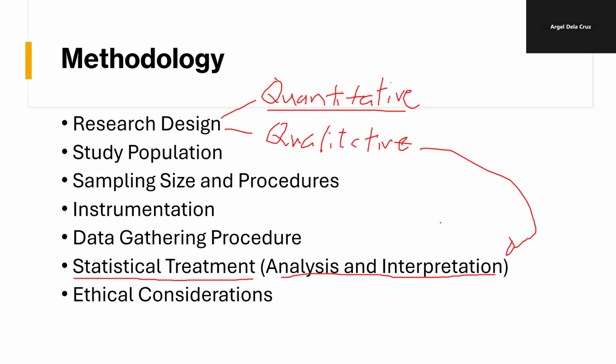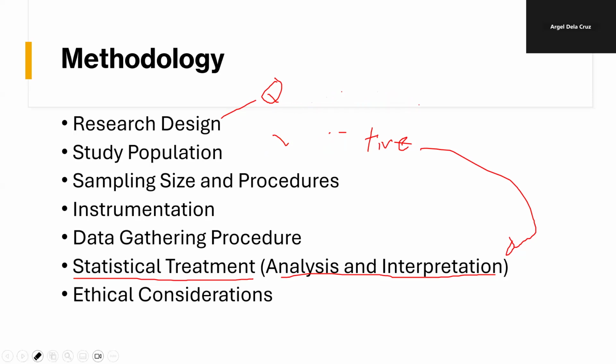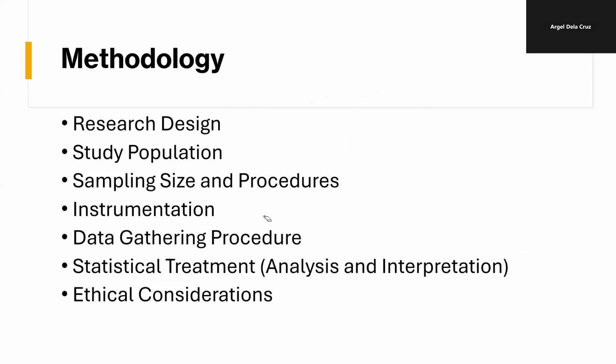So in our sense, to expedite the process, since you are already a group, it's better to use quantitative. Now, if you're only one or two or three, since there is a limitation of your resources, qualitative is a better approach for you, so as to provide you with a better chance of completing your paper. Okay? So let's now proceed with our next.